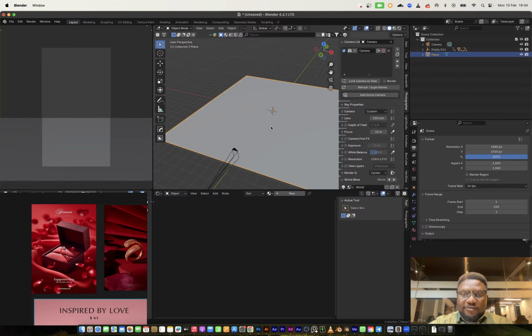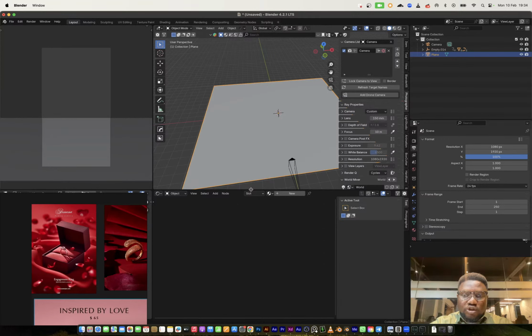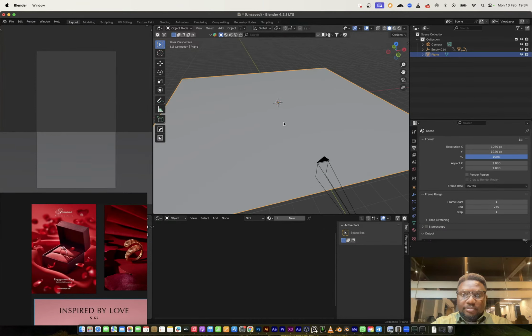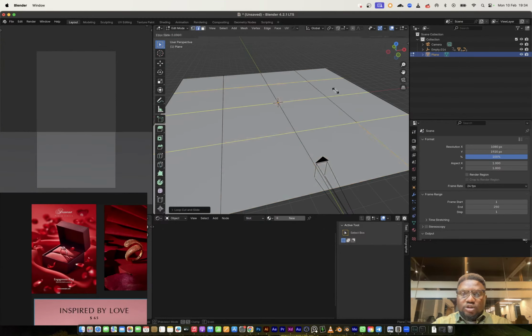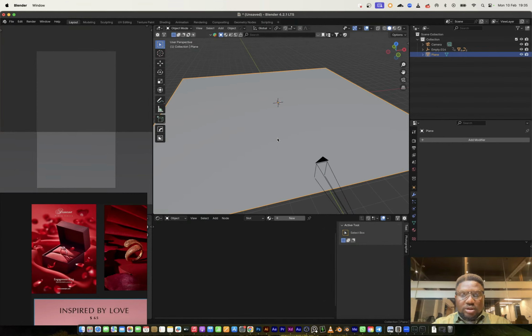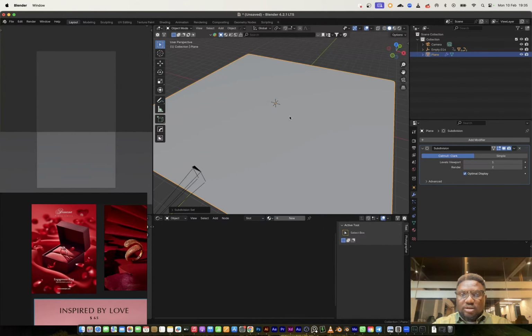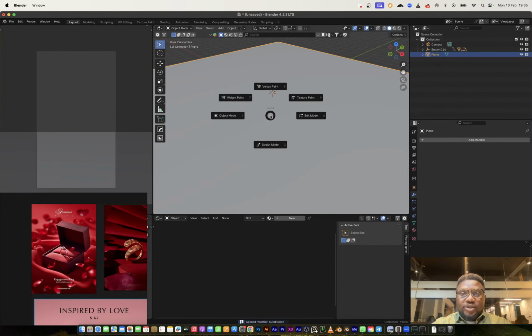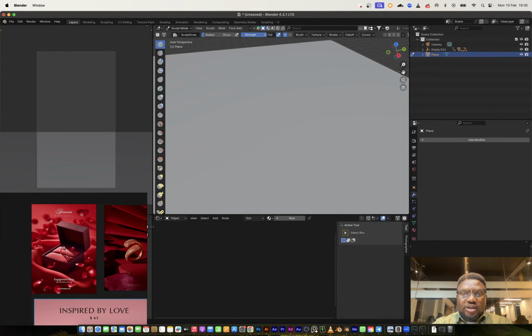But first things first, we have a plane. I'm going to be using our sculpt tool to get the cloth sculpt that I'm aiming for. So I'm just going to subdivide this, select all, change the face, and subdivide even more. I'll repeat that action, and on this let me add a 1 level subdivision, and maybe apply that. I think this is enough, so I'm just going to switch to our sculpt workspace. I want to increase the strength on that. I want to increase my radius, and I'll switch to the cloth brush.